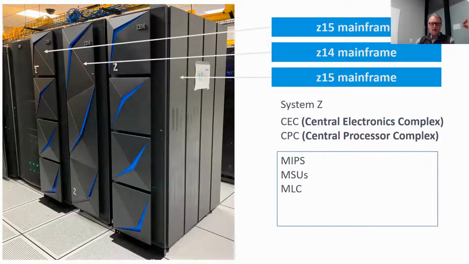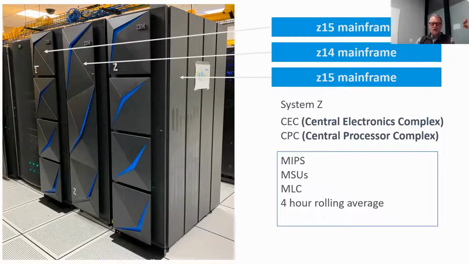That is important because all the software that you buy for the mainframe is basically paid for by the capacity of the machine to run it. So the faster and the more instructions that you can execute, the more you pay for the software. So that's a very fundamental part of how the mainframe has operated for a long time.